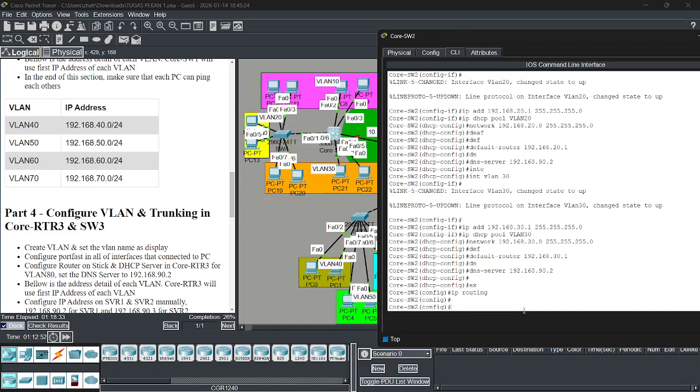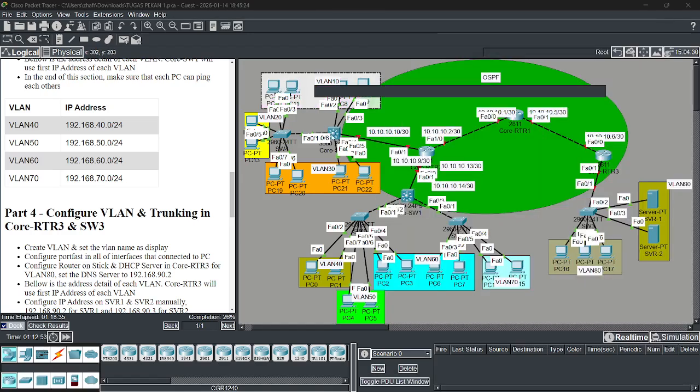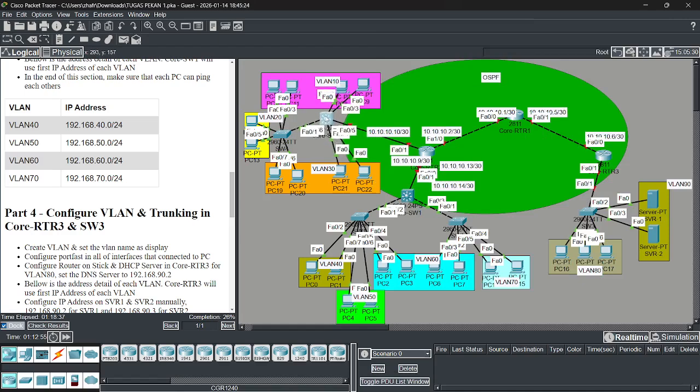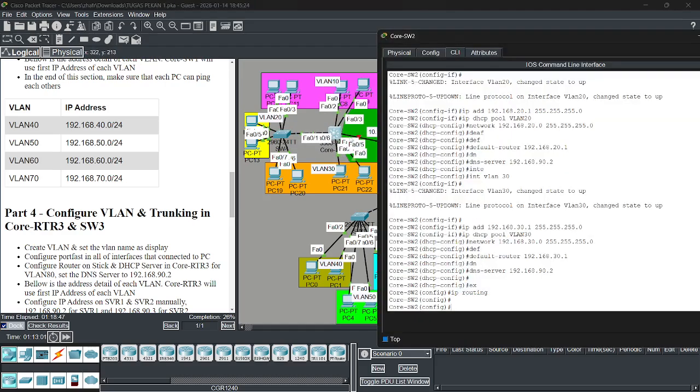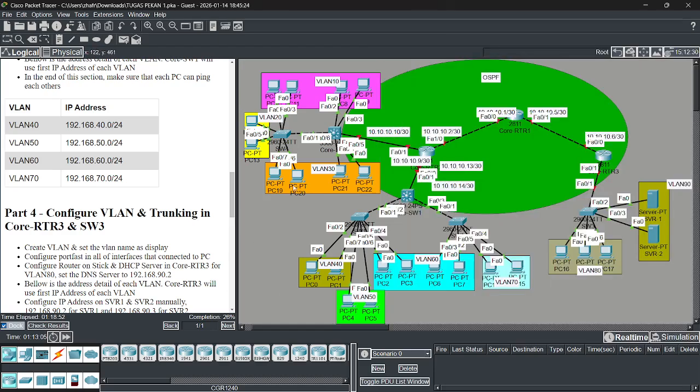We add IP address for FA0/1, right? Yeah, 0/1. This is the 10.10.10 IP. Okay.